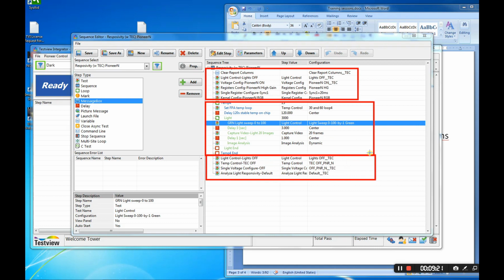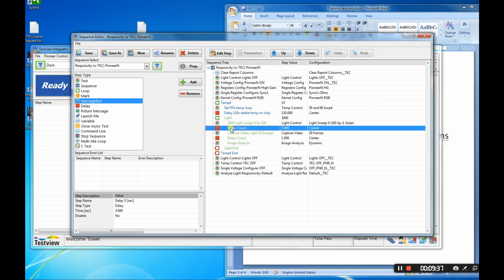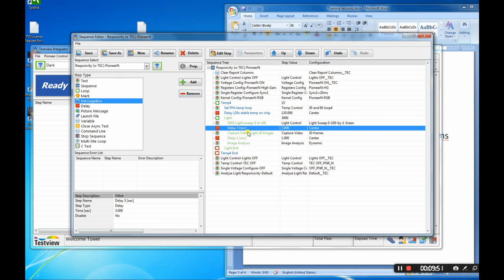Now we'll go one by one through each of those examples. As I said, you can copy and paste. Let's just remove the annotation. You can copy and paste a test. Right click, copy, right click, paste, or delete. You can move them up and down as we saw before.